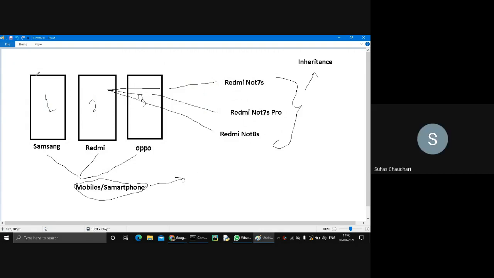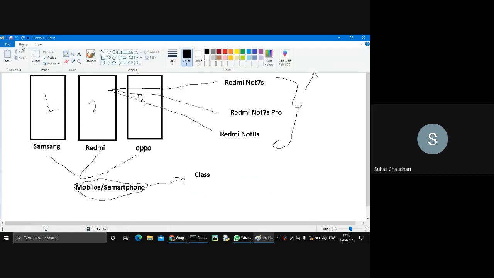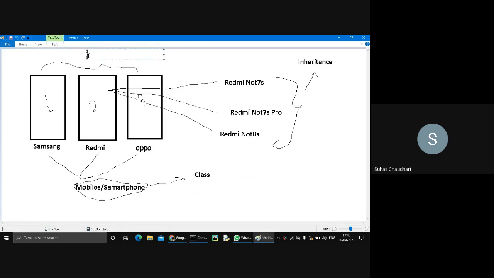Yes, this is class. And Samsung, Redmi and Oppo are objects. Yes, objects. Right. Now it's clear what the difference is between class, object, and inheritance. Everything is clear till now.